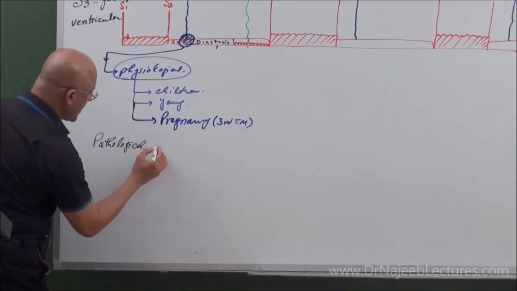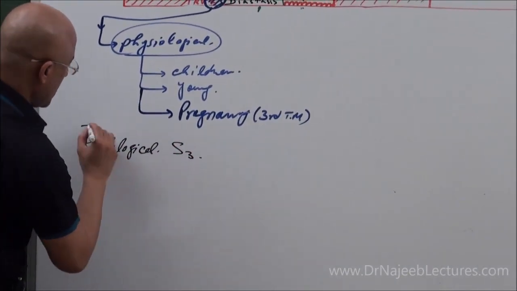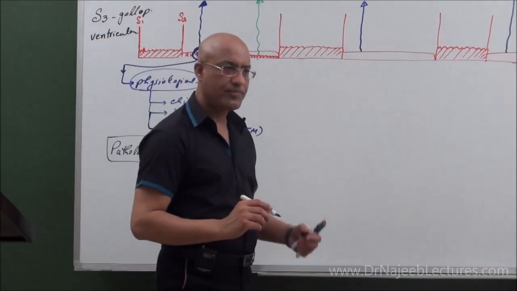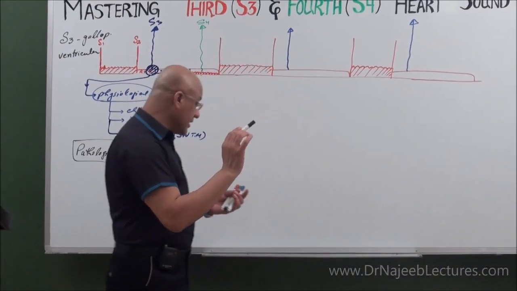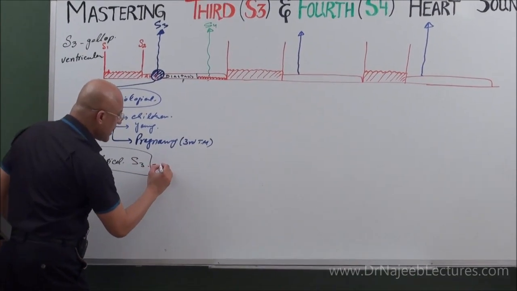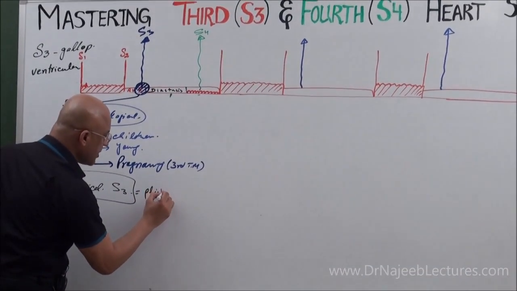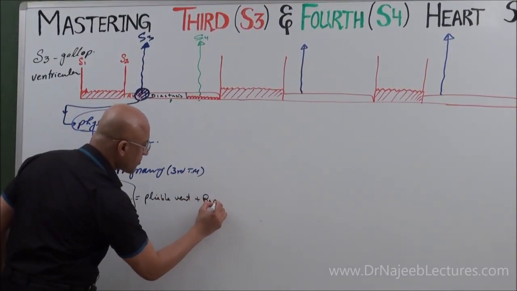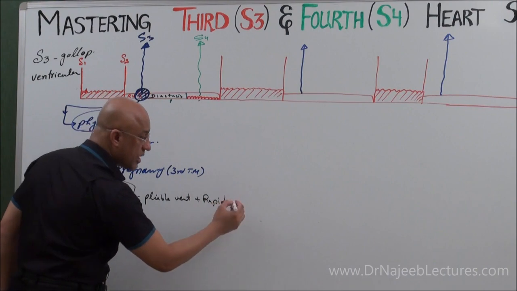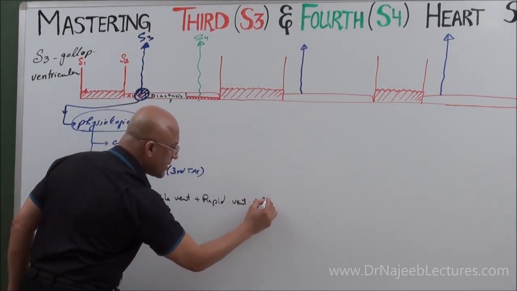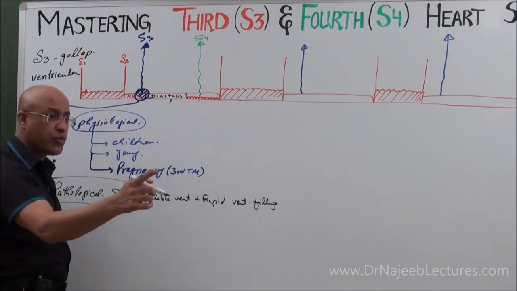Remember, whenever a third heart sound is heard after 40 years of age, think of some pathology, right? What are the two main mechanisms? Why should it be there? Number one, the ventricle should be pliable, plus rapid ventricular filling, very rapid, or ventricular fluid